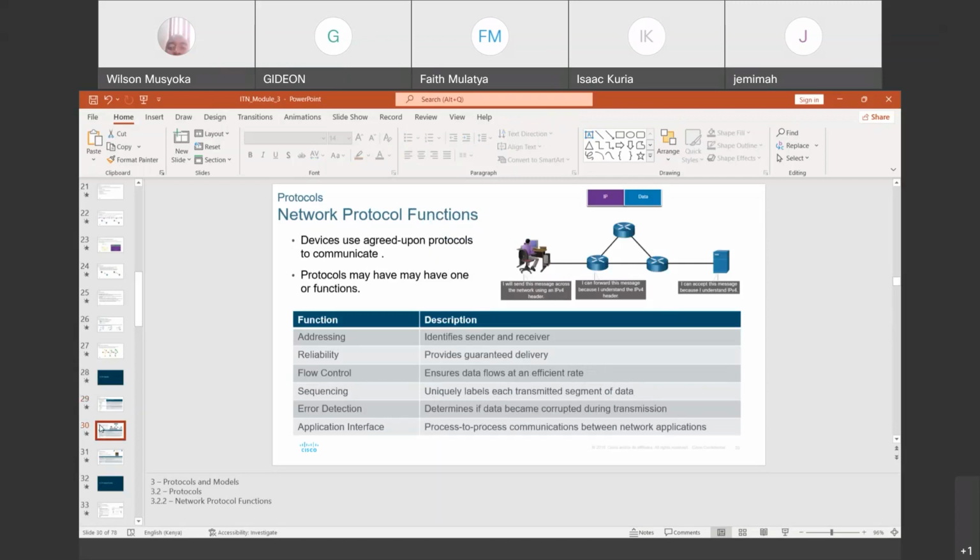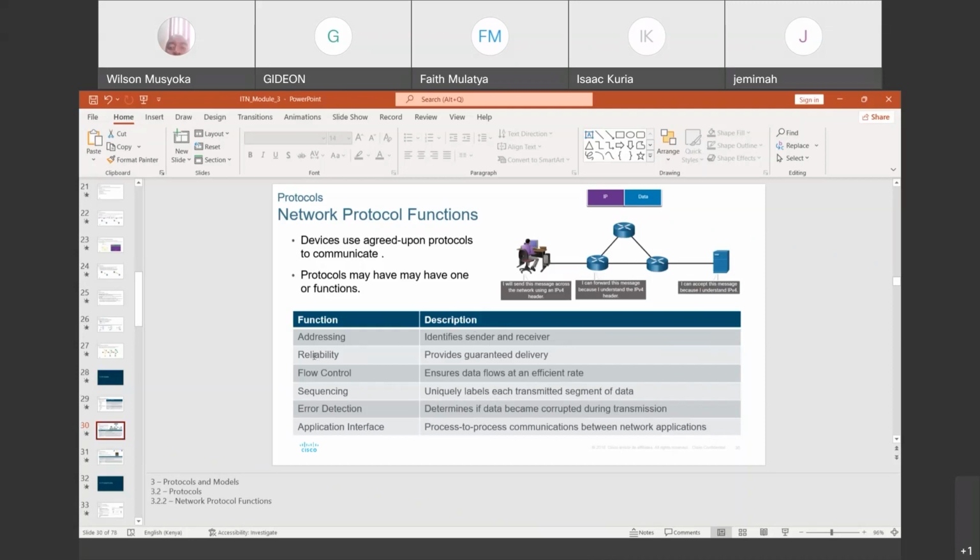So the network protocol functions, we have said they are for devices to agree upon how they communicate, and they may have one or more functions. So you could find protocols that are for addressing, and those ones are supposed to identify the sender and the receiver, that is like the IP.